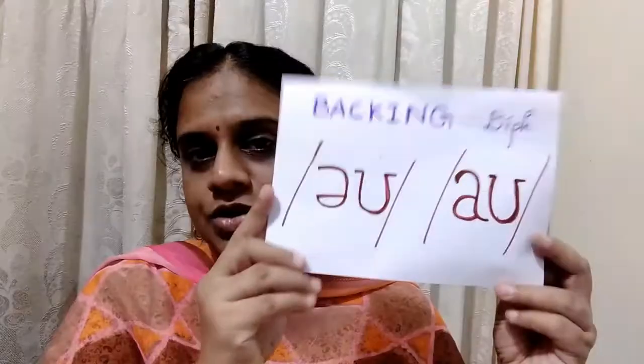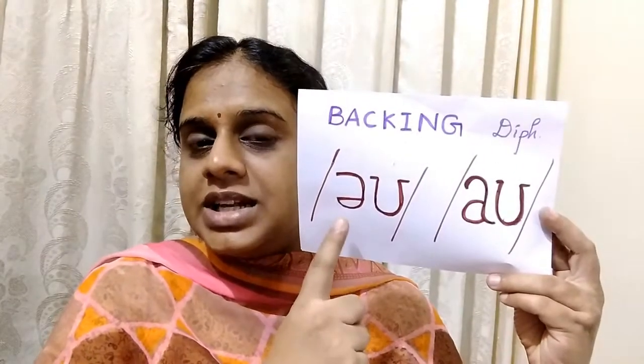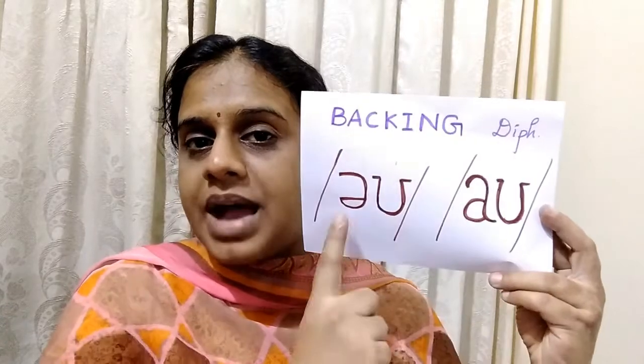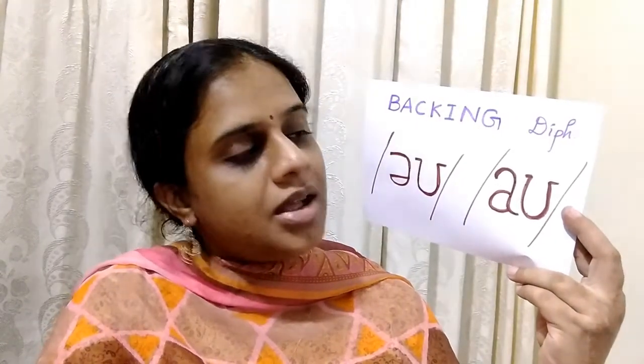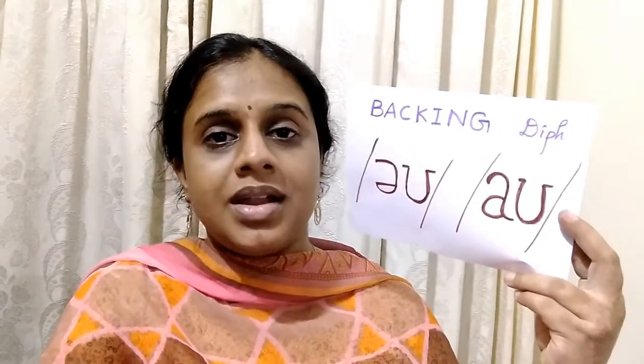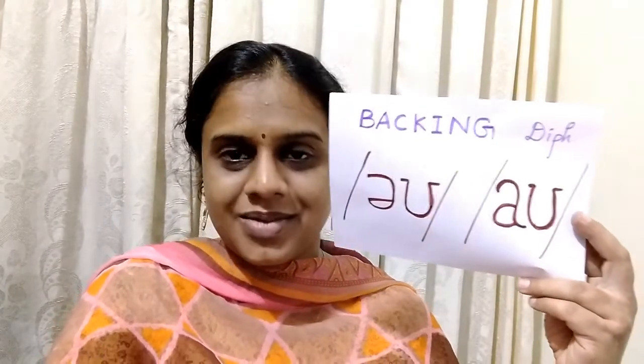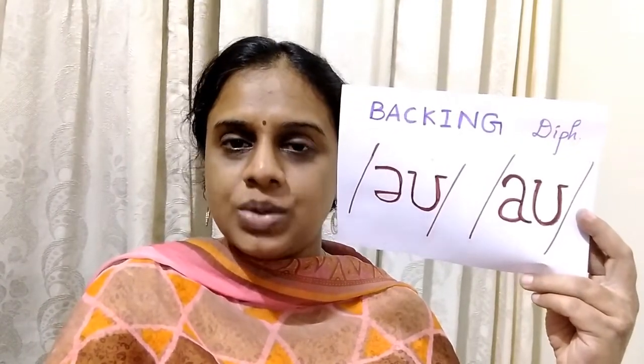And then you have backing diphthongs or retracting diphthongs. Backing means going backwards, or retracting. So the diphthongs during the production of which the tongue glides or moves towards the position of a back vowel oo, we call it backing diphthongs or retracting diphthongs. O and ow, no, and cow, now, etc. Okay, O and ow, they are backing diphthongs. So it's very easy to understand, but don't get confused.